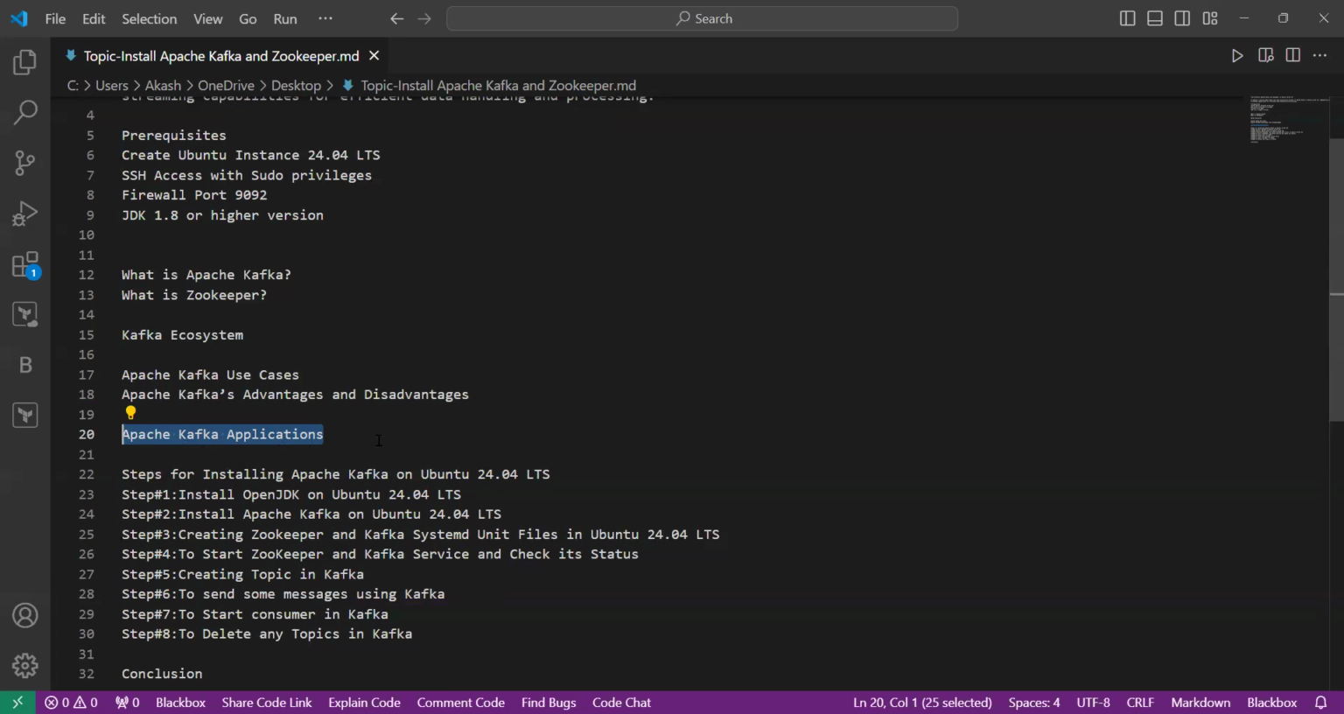And finally comes LinkedIn, which is Kafka's birthplace. This messaging system forms the core of LinkedIn infrastructure, powering message consumption in products like LinkedIn Today and News. So there are many applications in which Apache Kafka is used. Now let's move forward